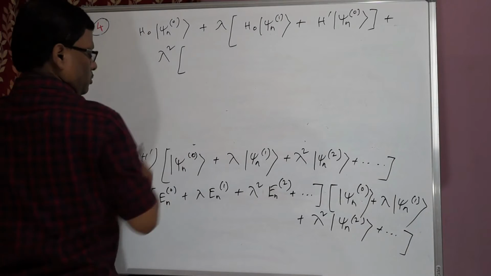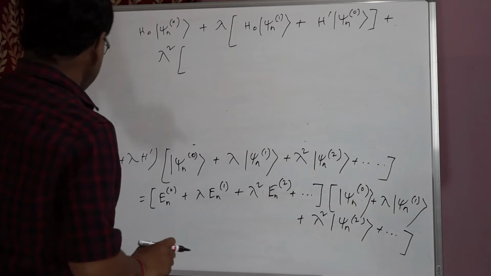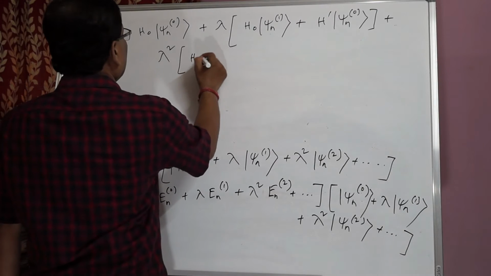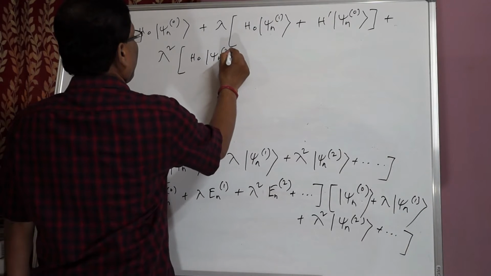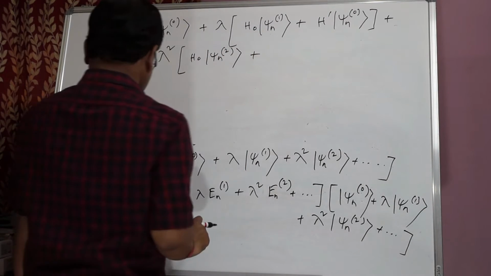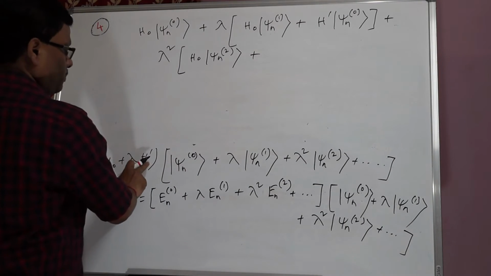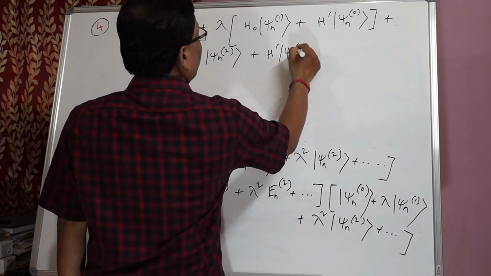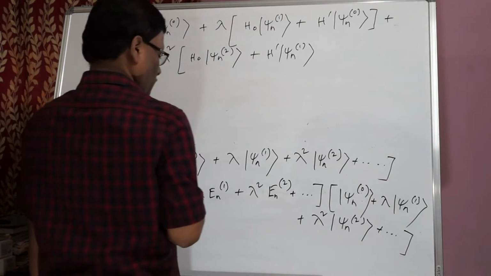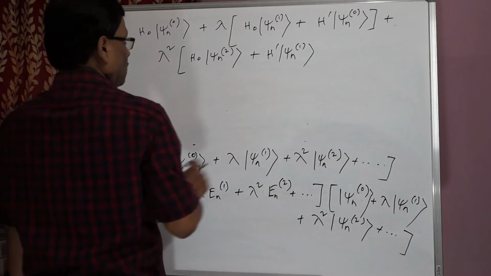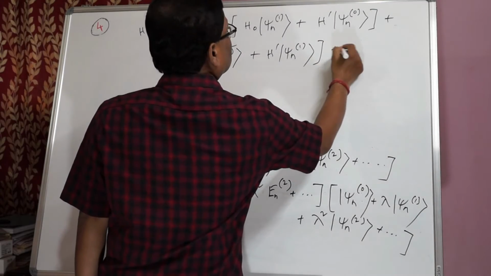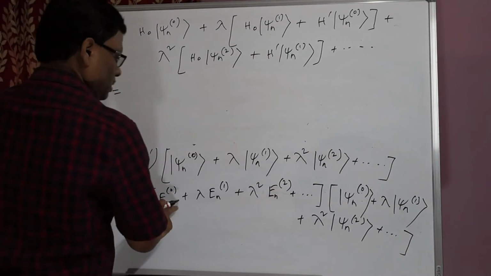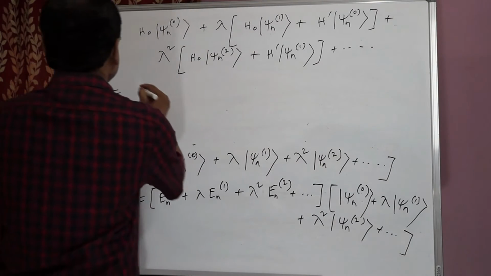similarly I take lambda square as coefficient. So lambda square comes from H0 psi n2, plus next lambda square comes from H prime psi n1, from these 2 parts. So plus, and then from the right side I write En0 psi n0,